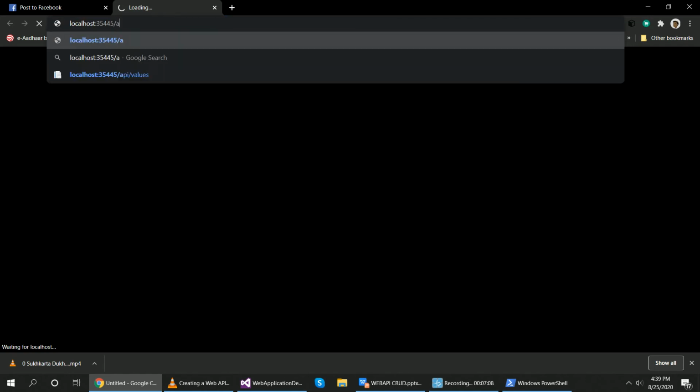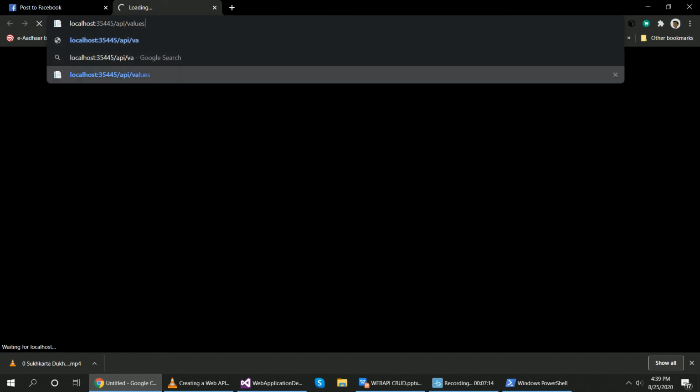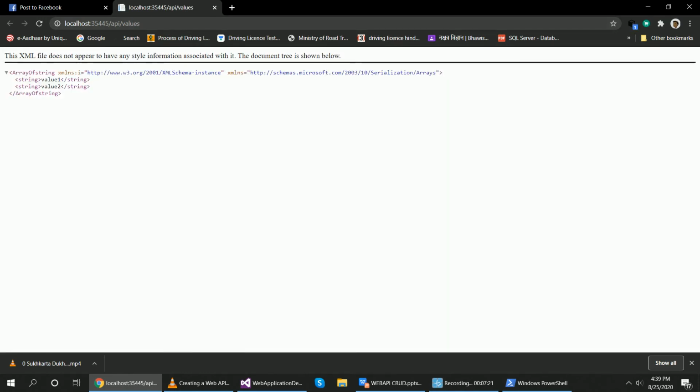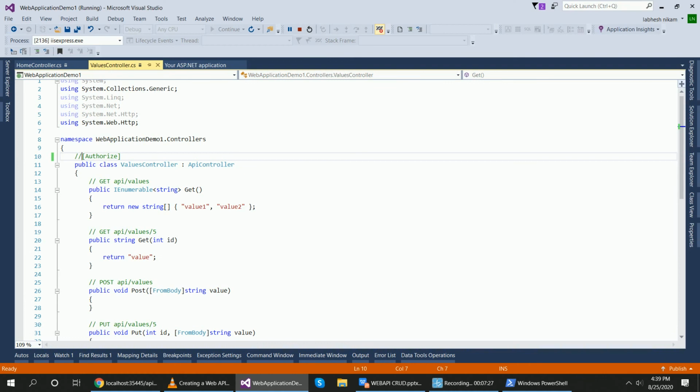Forward slash api forward slash values. Now this displays the list of data, value1 and value2, because in the get method I have provided a set of strings as value1 and value2, and that same is displayed here.